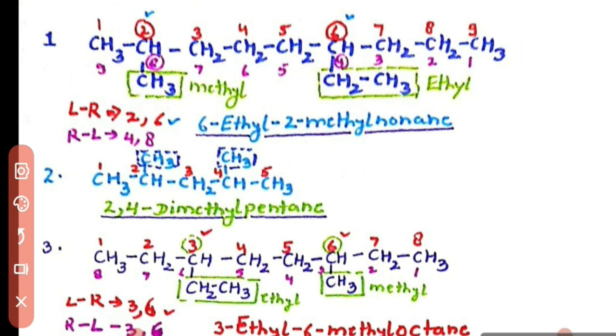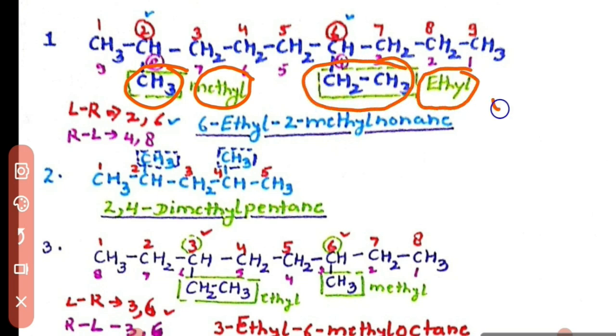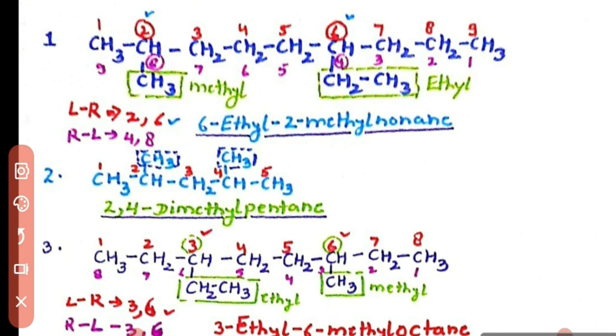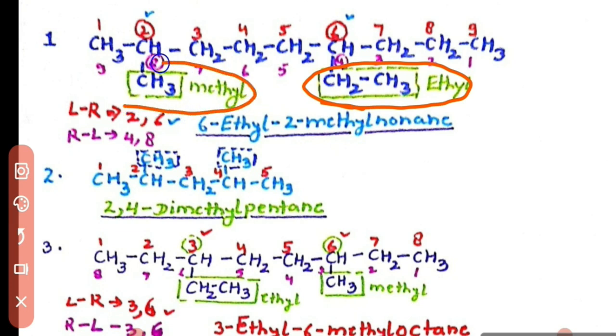So the principal chain will be the longest chain, and the carbons which do not lie on the chain form branches. Here are two branches on the principal chain. One is named ethyl, containing 2 carbon atoms, and another one is methyl, containing only 1 carbon atom. This one is ethyl and here it is methyl because it contains only 1 carbon atom, and the branch is